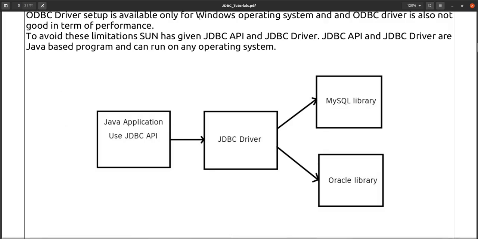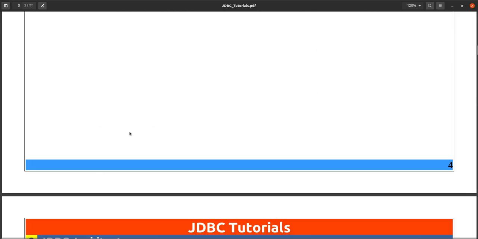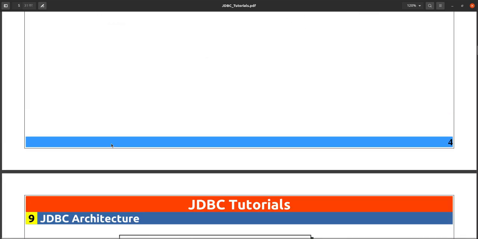So you just have to change the JDBC driver only. You don't need to do any configuration at all. You just have to add the driver. You don't even need to configure the driver. That's it. The dependency, the library, the jar file of MySQL, you just have to add. Or if you want to use Oracle, then you have to add that library. That's all. Automatically it will infer from the database URL, whatever the database URL is, it will take it from that. So this is the advantage we are getting here. So this is the JDBC driver.